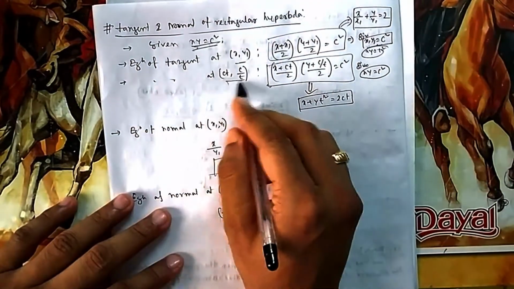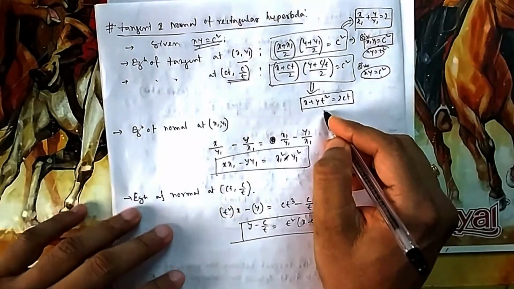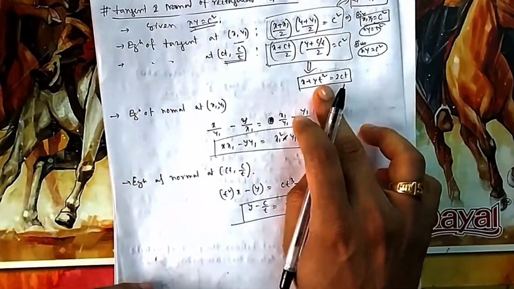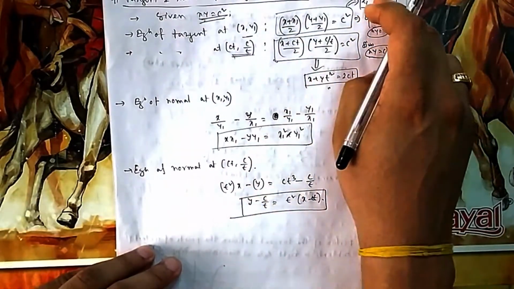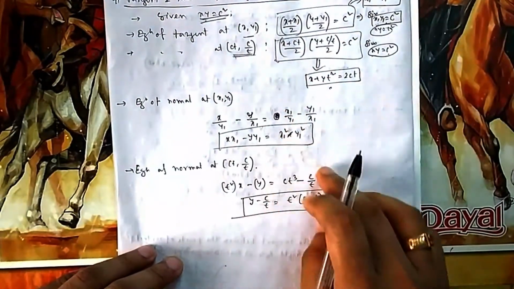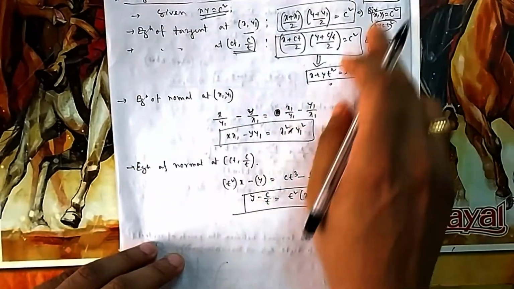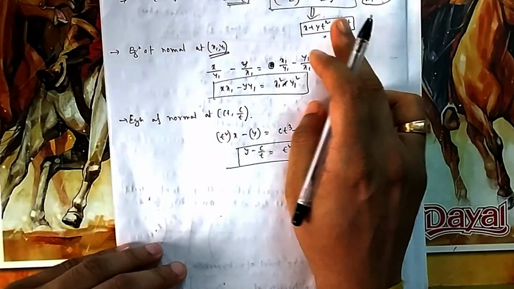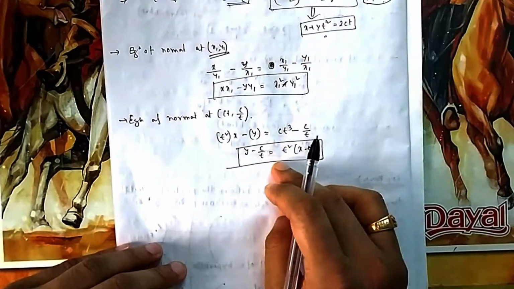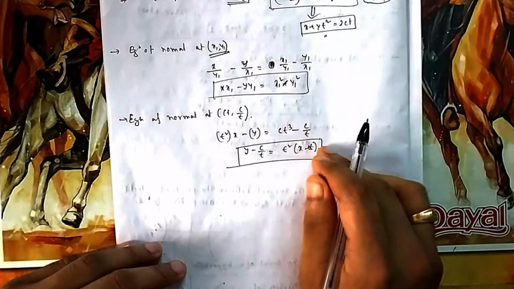Suppose the point is given in parametric form, same format. If you use xy equal to c square, you can find this type of equation. Some books have given it in this form also. Normal, if you know tangent, you can find it. If you know tangent, you can find normal any time, same. Change the coefficients of x and y and pass it through x1, y1. Same for normal also. If it is in this format, change the coefficient of x and y and pass it through this point. Finally, if you simplify, you will get it like this.